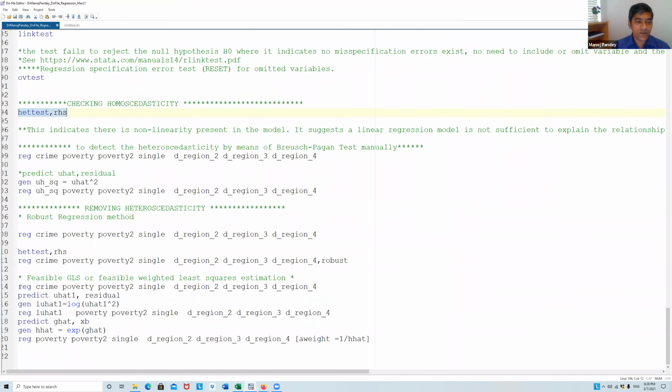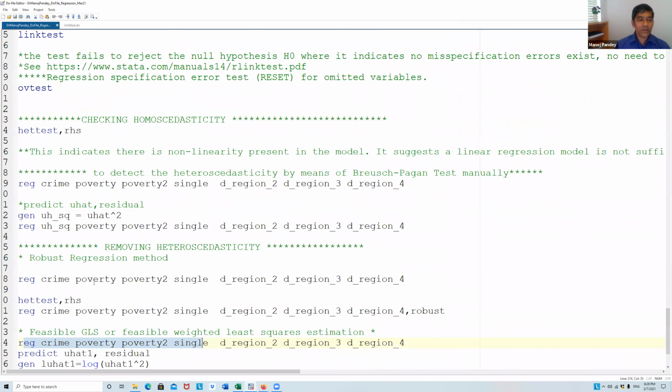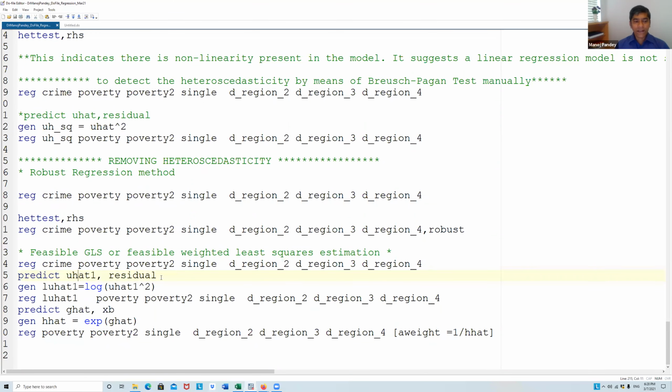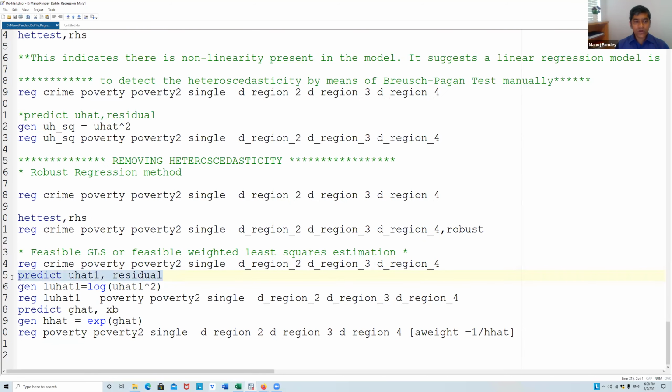So that you can do in feasible, and basically in feasible weighted least square, what you do is you run your regression, you predict your residual, and then you generate log of residual square, and then you take this as a dependent variable and run on the same set of explanatory variables, get another prediction for this log of u hat, and then you generate exponential of this and put it here as a weight.